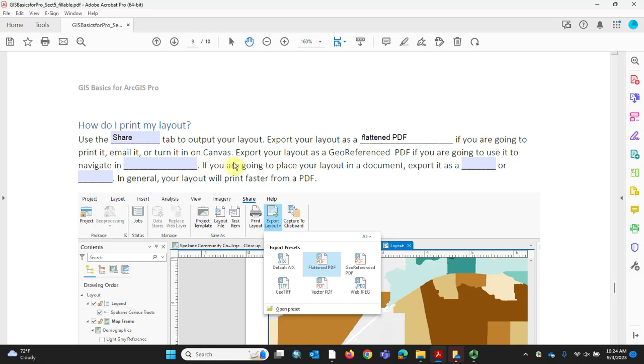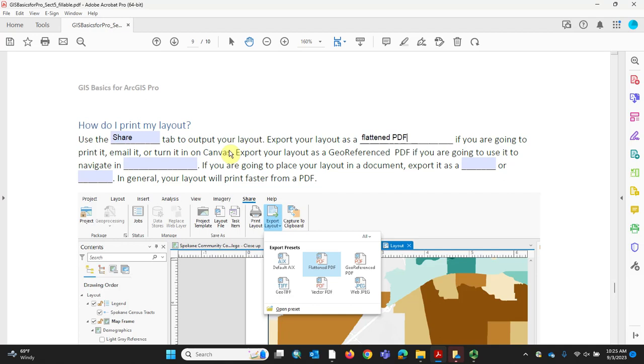What this means is it's just going to minimize the size of the file, and it'll have the functions where I can look at it and appreciate it, and you can print it, you can see it, someone can review it. You can send it to someone by email and they can look at it and appreciate the information